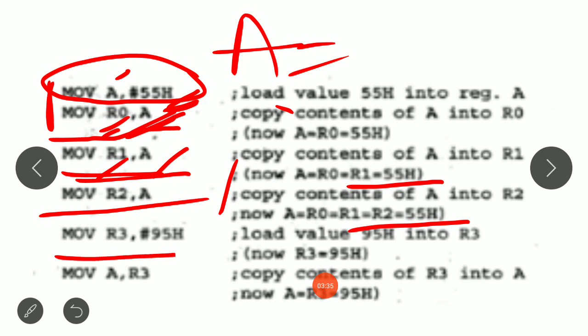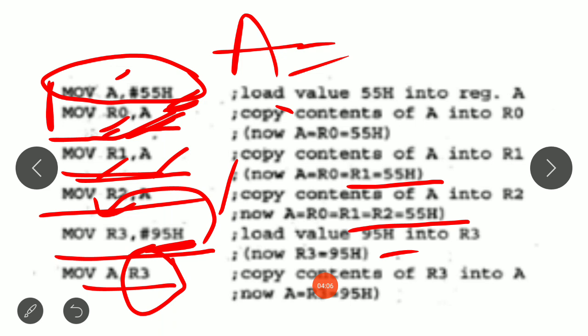Now MOV R3, #95h, again the same thing. If you want to store any immediate data into a register, you have to precede that immediate data with a hash sign, so that the microcontroller knows this is immediate data that is going to be stored into this destination register. So the value of R3 will now be 95h. And the last instruction, MOV A, R3, again means we are copying the content from a source register